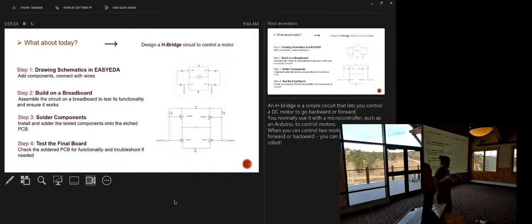imagine that you are making a robot. If you want this robot to go forward or backward, you need to design a circuit for that. In the market there are a lot of ICs that design all of this in one IC. But sometimes for the first step, if you want to see how it works, you use this transistor or MOSFETs. For instance, when you flow the current from here,